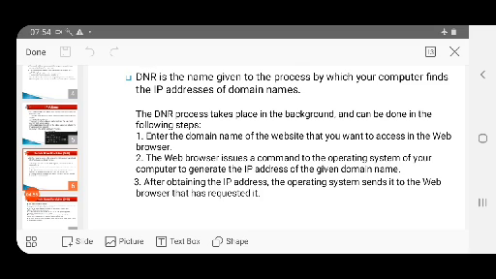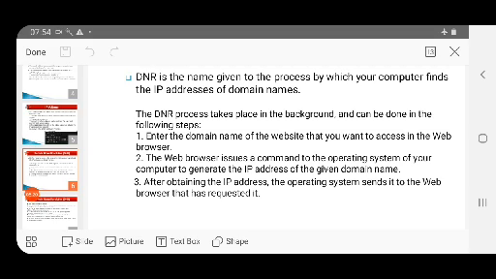And the second step, the web browser issues a command to the operating system of our computer to generate the IP address of the given domain name.